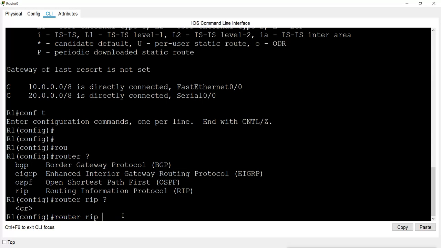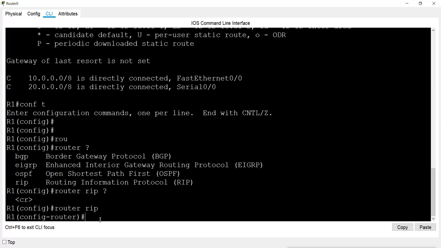When I press enter, we get into the router mode. This router mode is for configuring the routing protocols. Because I gave the name RIP, right now I am in the configuration of the RIP protocol, that is Routing Information Protocol.